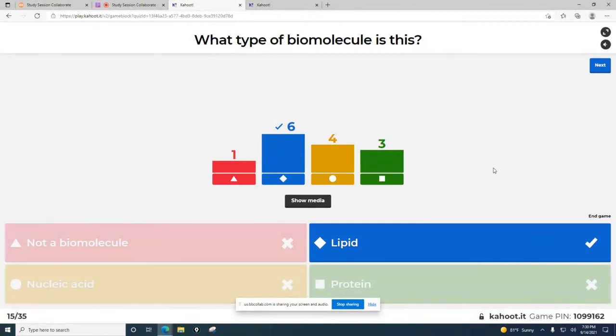And then for nucleic acids, remember we talked about we would see a phosphate group, so a phosphorus connected to 4 oxygens. We would see a carbohydrate, a 5-carbon sugar, and we would also see a nitrogenous base. We didn't have all those components present, so that's why it's not a nucleic acid. And then for a protein, remember we need to see that amino group in particular, in addition to that R group, which may be different depending on the amino acid, and also a carboxyl group somewhere.